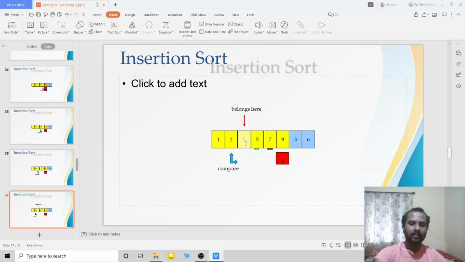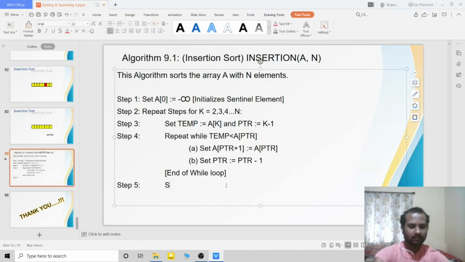Later on I am going to insert the element, that is A of PTR plus 1 is equal to item or temp, right? So set A of, first I have to increment the PTR. So I will increment here only, A of PTR plus 1 is equal to temp.